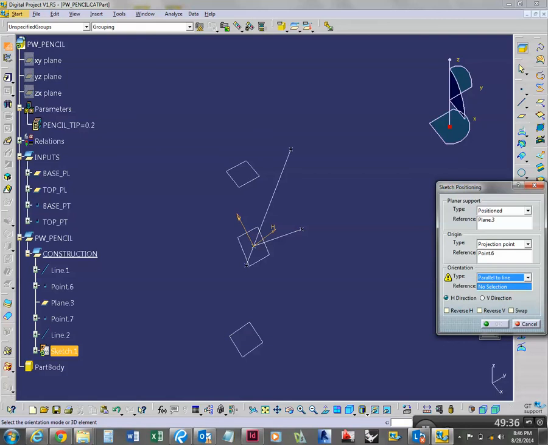So select parallel to line from the drop-down, and select your line.2. So now our V and our H axes, our vertical and horizontal axes, are aligned with the line and centered at the point on our plane. Press OK,